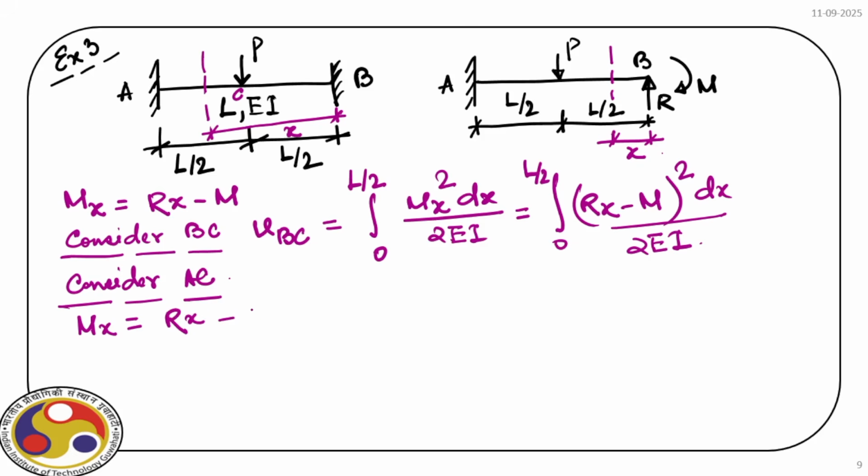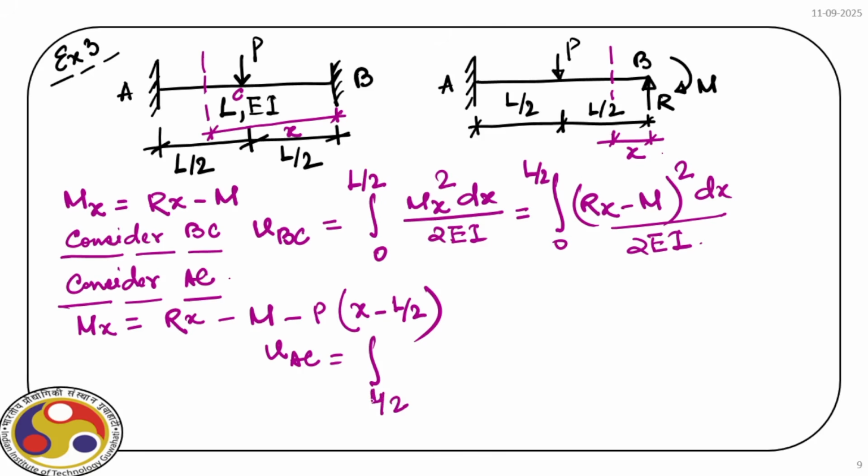So the bending moment at this section is Rx minus M, minus, now we have this load P, and the distance between the point P and the section at a distance x from B is x minus L by 2. Now, for this part UAC, we can find out the bending strain energy, and that is